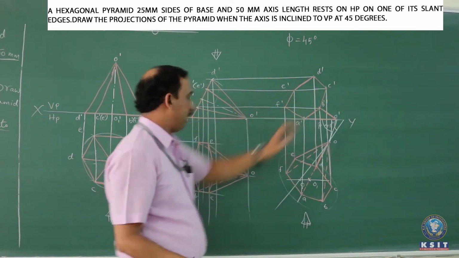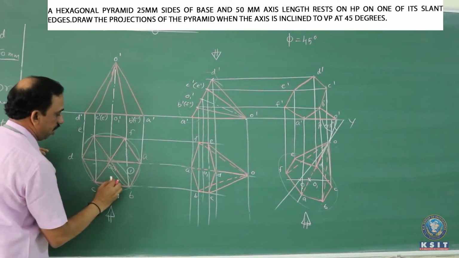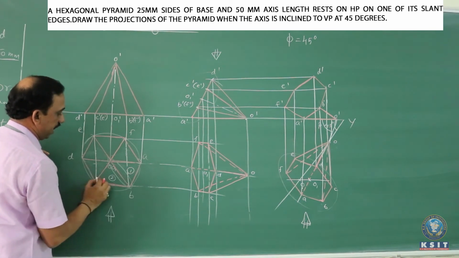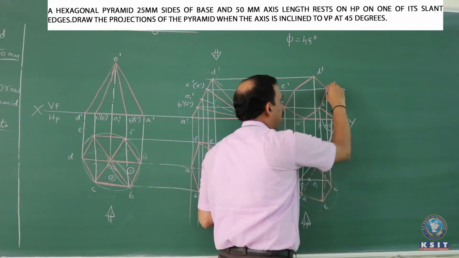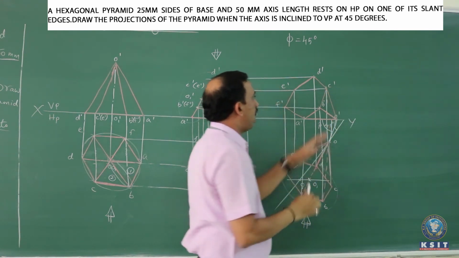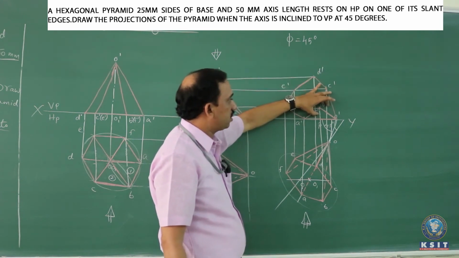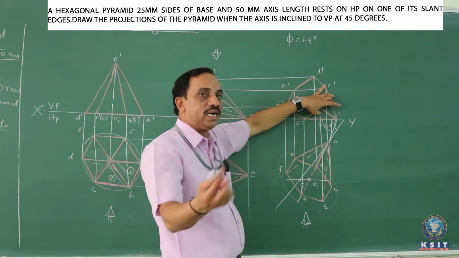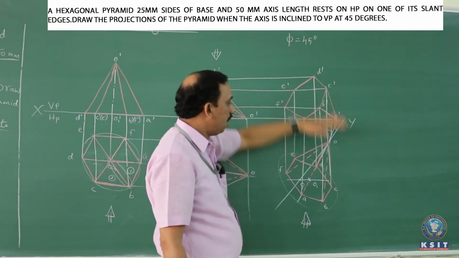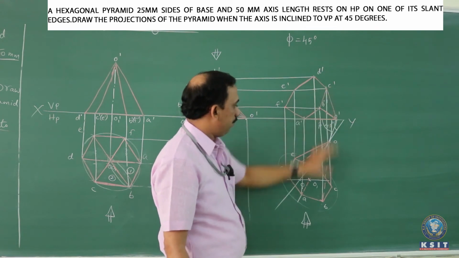which is OAB. Next to this, we have the other triangle onto the other side which is given by OBC. So when you join from C to O, you get the formation of the other triangle. So the two triangles connecting to the slant edge OB are completely visible to the observer when he sees from the front.